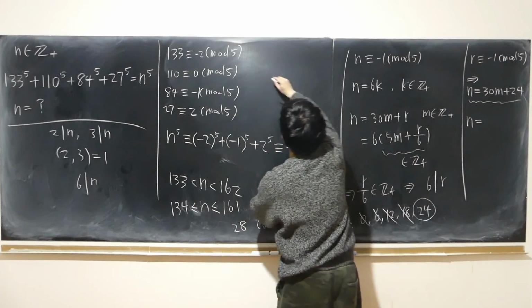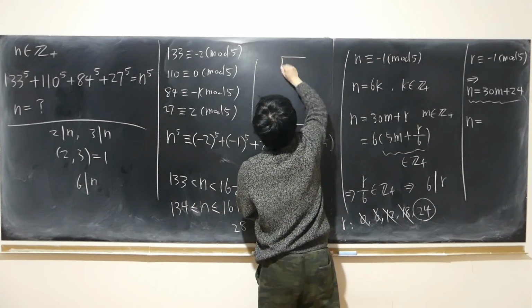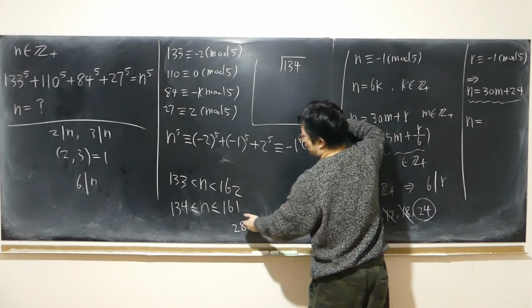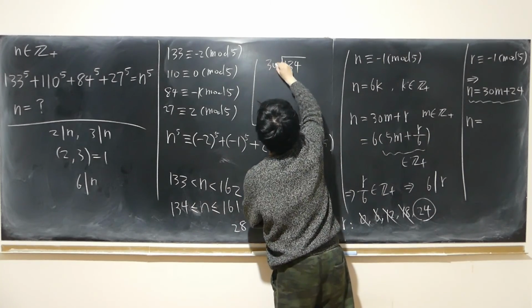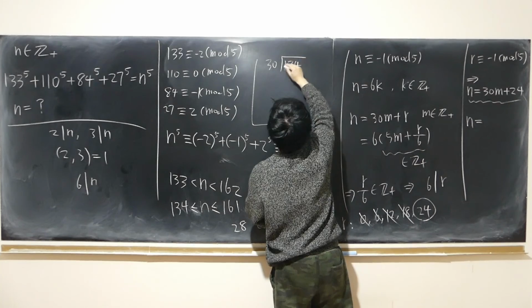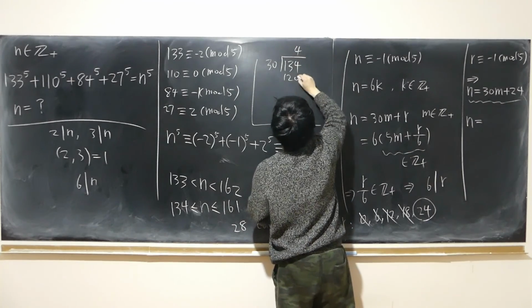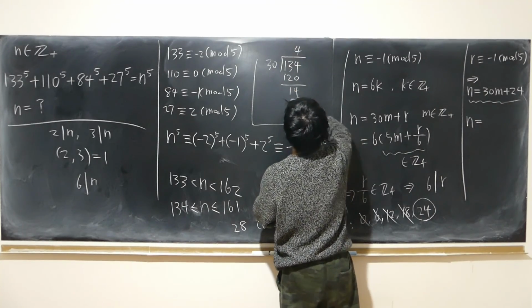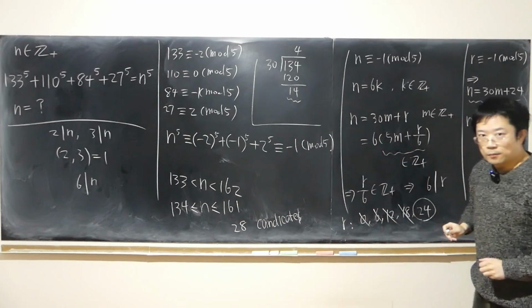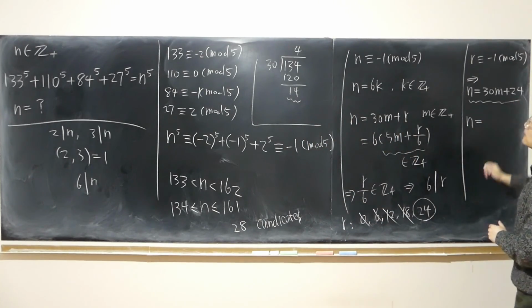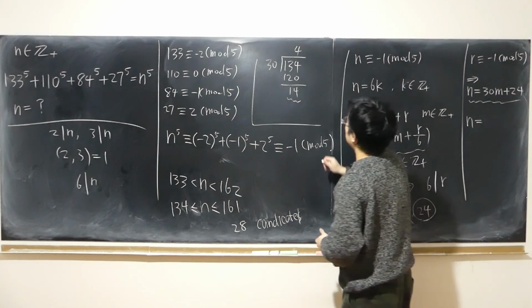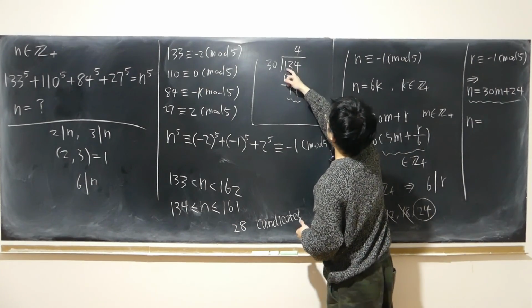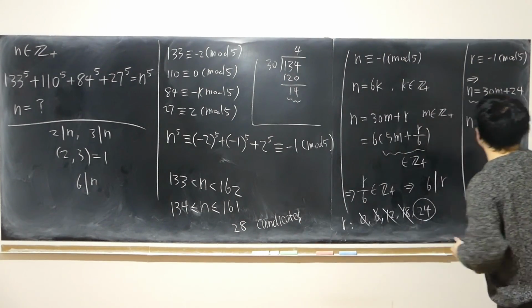So first of all, I want to know 134 divided by 30. What's its remainder? 4 times 30 is 120, so here's the remainder. But I want a remainder of 24. So I must add 10, so 144. That's the